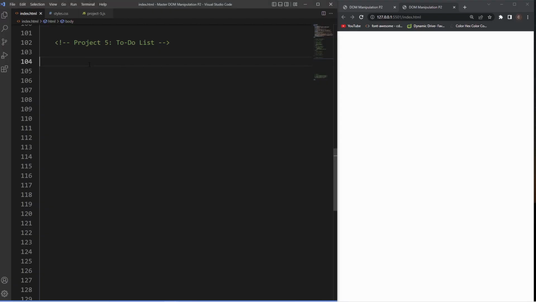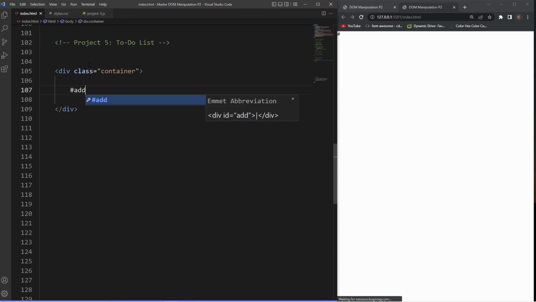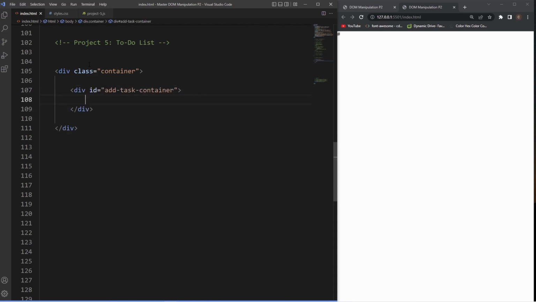So the first thing we need to do is create our markup for our to-do list. So we're going to wrap this in a div with the class of container, and then we're going to have a div which houses the input and the button. We're going to give this an ID of add-task-container. Inside of that we're going to have our input, which should be the type of text. We're going to give it a placeholder value of "Enter task", which is just going to be that text inside of the input,